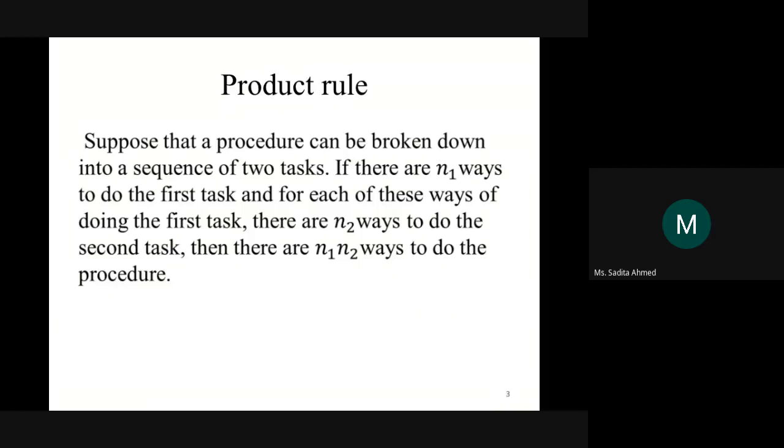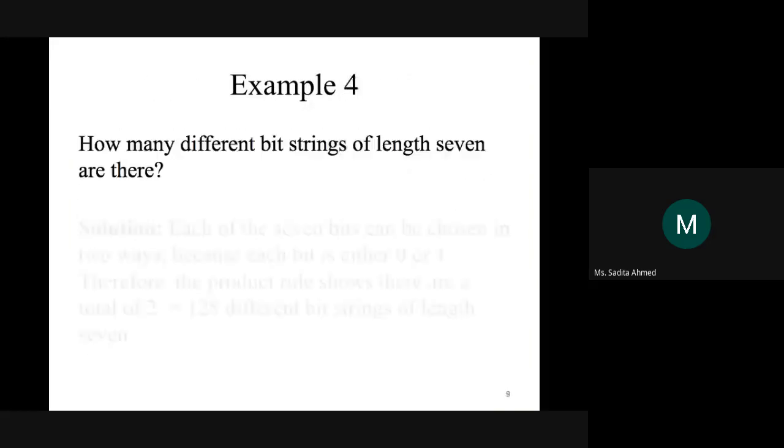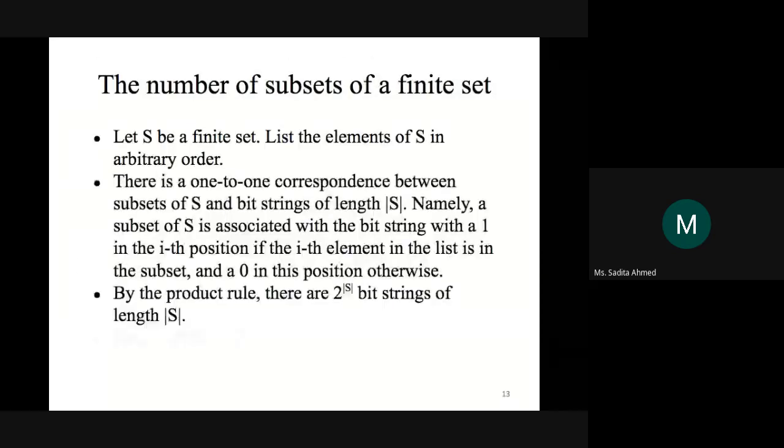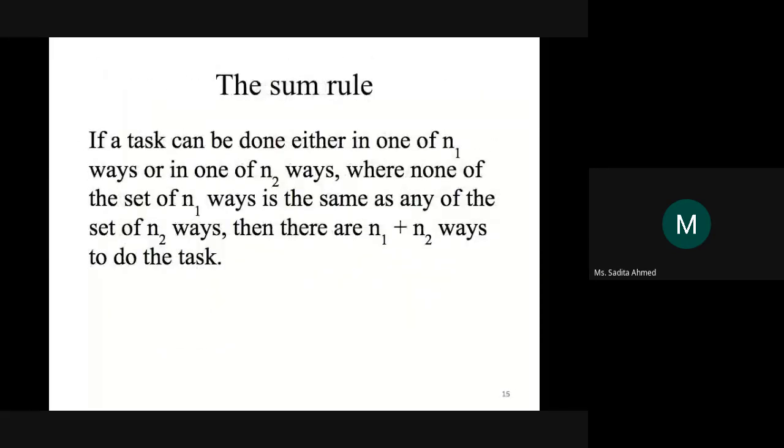The sum rule, now we will see at the start of this session, what are the conditions of applying the sum rule. For the sum rule, what we look for is a task that can be done in either N1 ways or N2 ways. Notice the difference. We are not breaking down the task or the procedure into a sequence of tasks. We are saying that the entire task can be done in either N1 ways or N2 ways, where